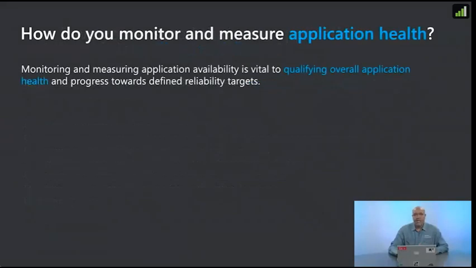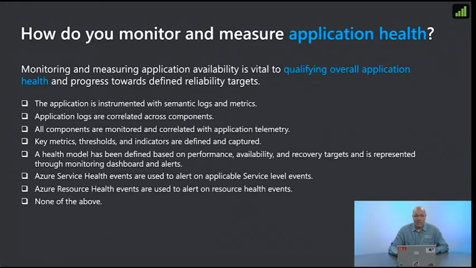Monitoring and measuring application availability is vital to qualifying overall application health and progress towards defined reliability targets. And here are our statements to help us answer this question of how do you monitor and measure application health? Is the application instrumented with semantic logs and metrics? You ask yourself the question, is your application instrumented with semantic logs and metrics using APM technology such as application